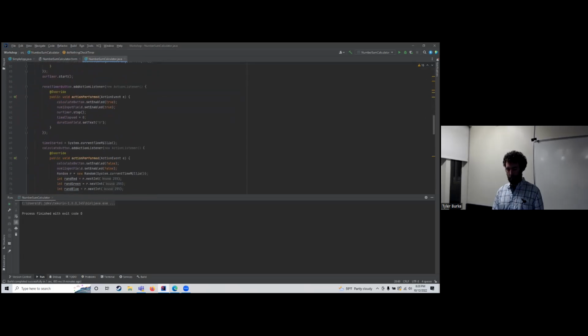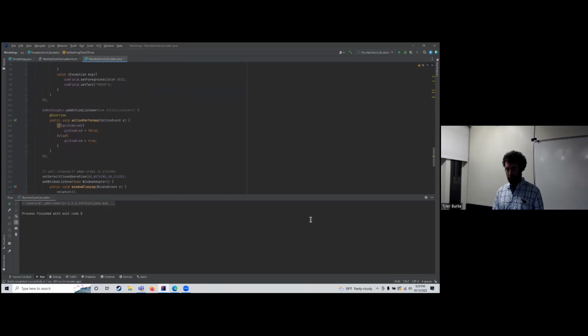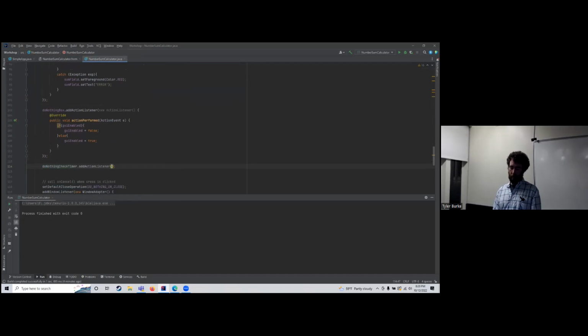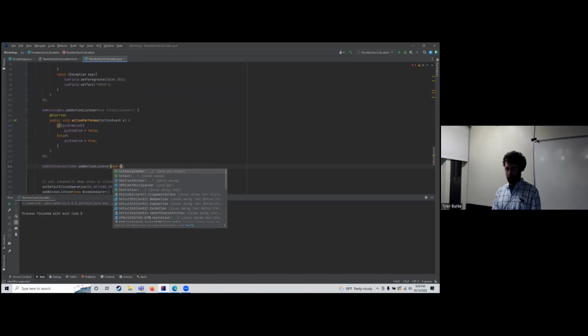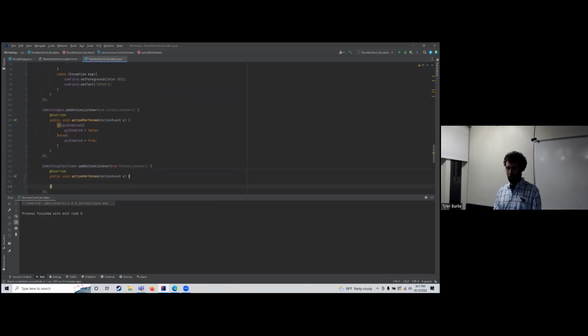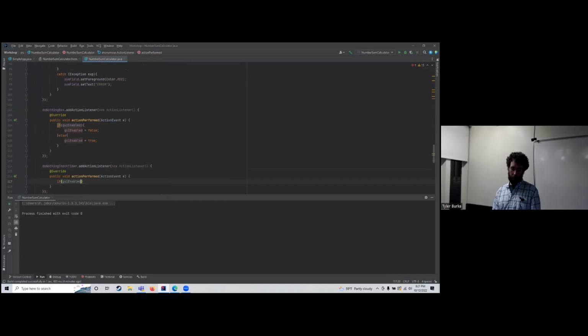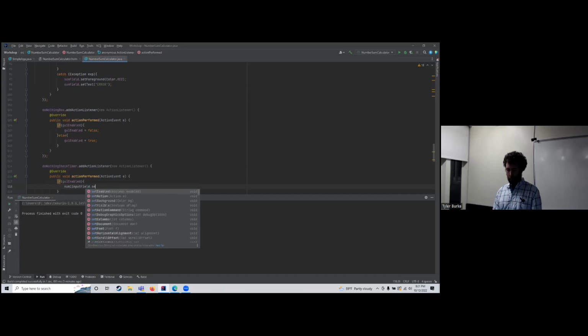So for this one, we called it do nothing timer. So right beneath our do nothing box action listener, we're going to add an action listener on do nothing timer. Do nothing check timer dot add action listener, new action listener. And what we're going to do here is if GUI disabled, GUI enabled, num1 input field dot set enabled,